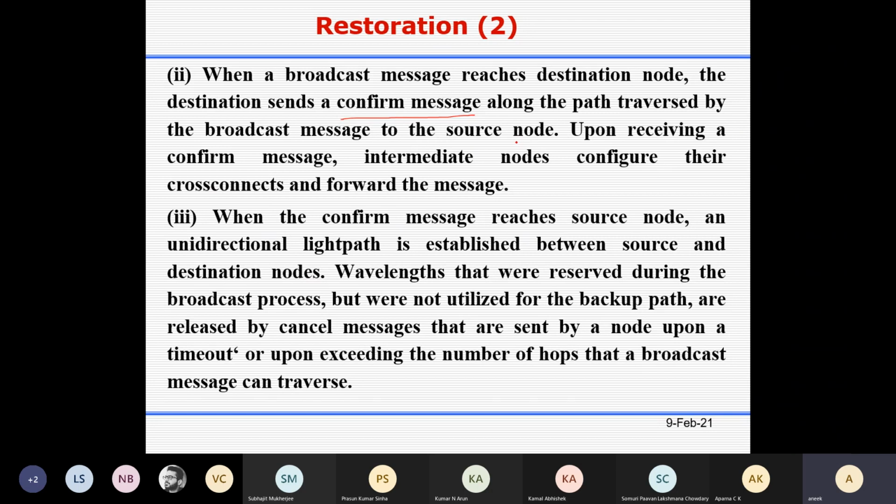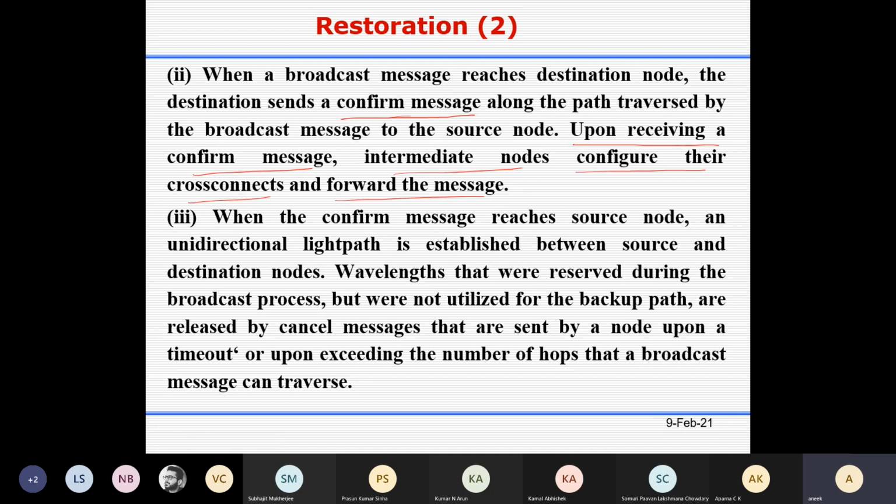So through the link it receives the broadcast message along the path, it sends the confirmed message. Upon receiving a confirmed message, intermediate nodes configure their cross connects and forward the message.